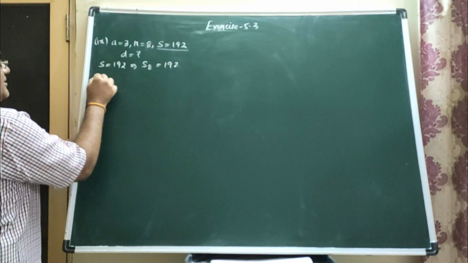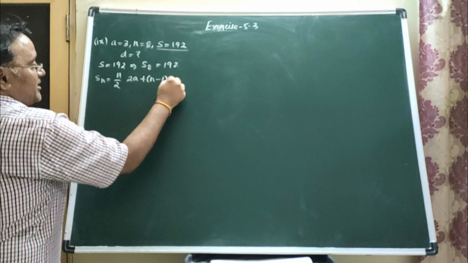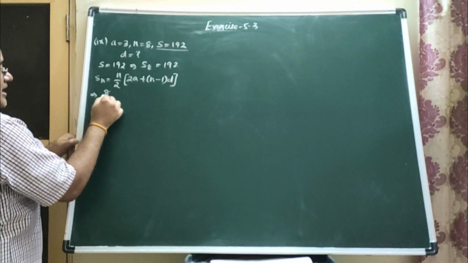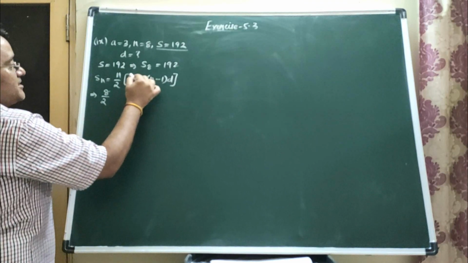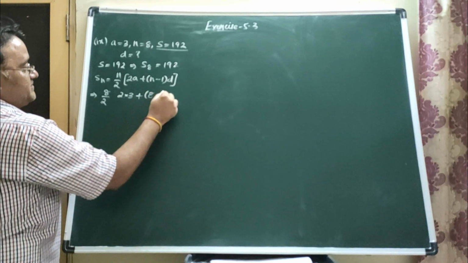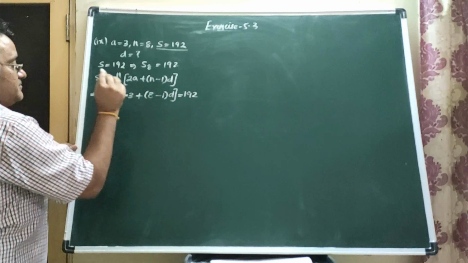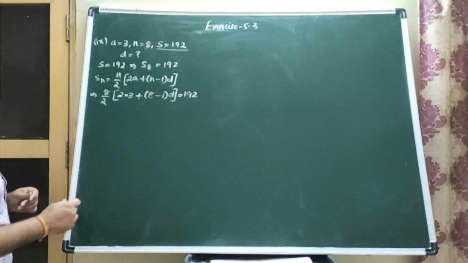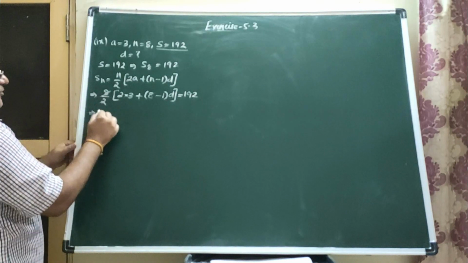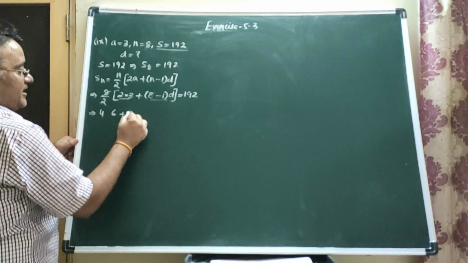So we have formula that Sn is equals to n upon 2, 2a plus n minus 1 into d. And this will imply 8 by 2. We'll substitute n is equals to 8 and a is equals to 3. And this is equals to 192. Okay, so ये छोटा क्वेश्चन है. सिर्फ इसी इक्वेशन से हम लोग को d निकल जाएगा. So this we can cancel 4, 6 and 7d plus 7d.